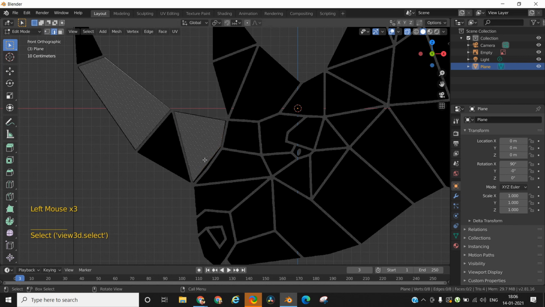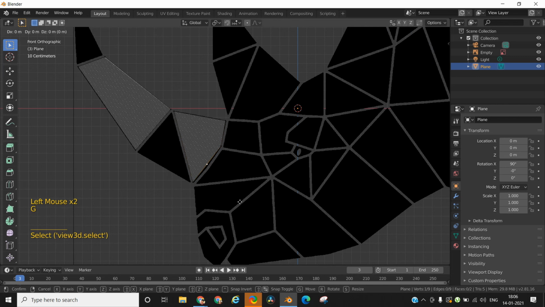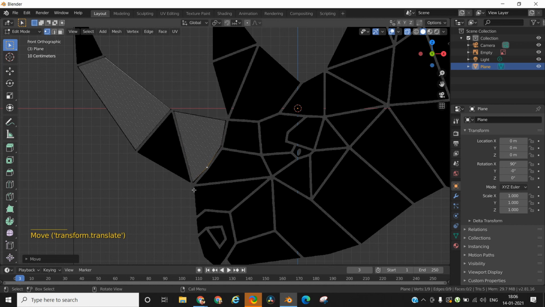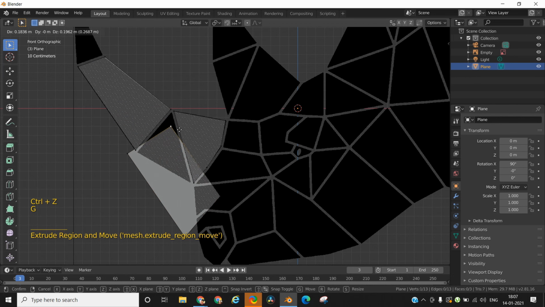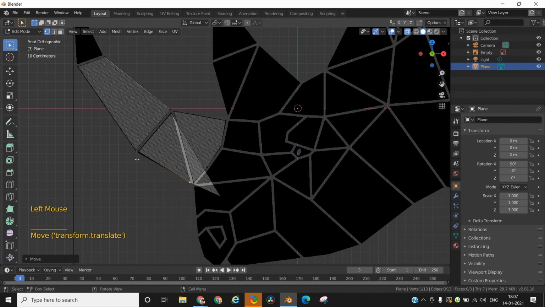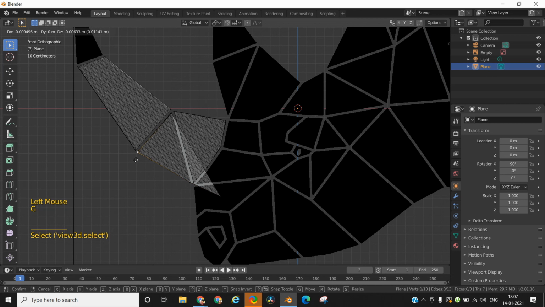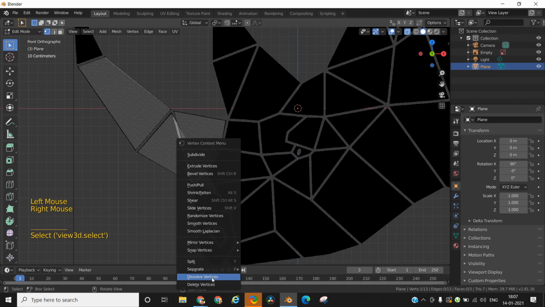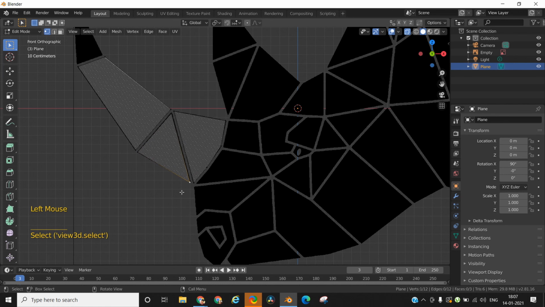In case you need more vertices, select the edge on which you want an additional vertex, right click and select subdivide. A new vertex will appear and now you can position that vertex as per the background shape. In case you need to get rid of a vertex, select that vertex, right click and then select dissolve vertex. Do not delete the vertex, it will leave your shape open, only dissolve it.